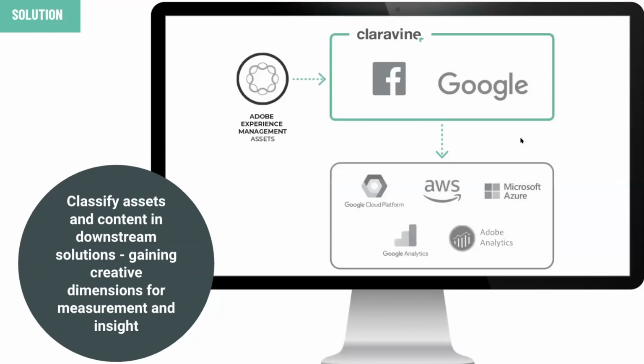And then here, kind of more of a visual workflow as it relates to how does that work. Even just being able to connect in, we've talked a lot about kind of pushing updates and tagging back into AEM, but in this case, it's being able to just pull in those creative assets, allow them to be part of that workflow in these different execution systems, Facebook and Google just being two of those, and then connecting those into a variety of different systems, and kind of pushing it to different systems for different teams, where historically a lot of that information either has lived in the DAM or has been attempted to be retagged and reclassified after campaigns have gone